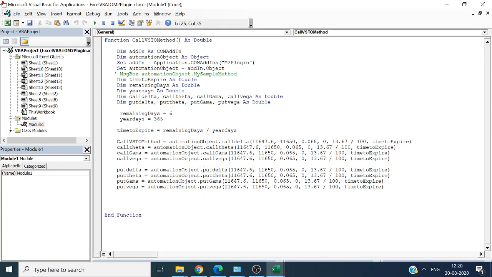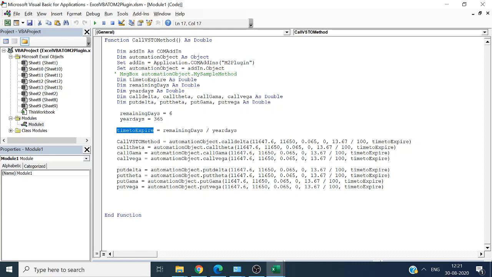Now what are these parameters? This parameter is the actual price of whatever script you have. This one is your strike price, this is your rate of interest, this one is your dividend yield, and this is your call IV. In the case of call, this is call IV; in the case of put, it is put IV. You can take this IV, divide it by 100, and pass it as a parameter. And this is time to expire, which is the remaining days divided by 365. You pass these to the function, and you get this method.